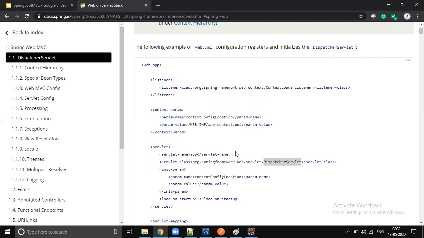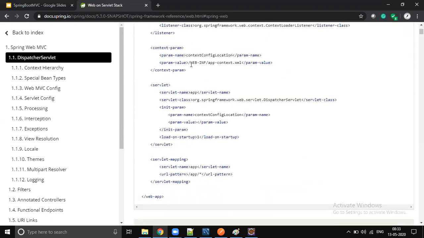But strictly speaking, whenever it is a plain web MVC application, the servlet is the dispatcher servlet. If you build something on top of that, then you go for context parameter configuration. Most of the time we don't do this. You will pass your XML configuration as part of the servlet init parameter only. So don't get confused. This is a little advanced, where you do multiple servlet configurations. But anyway, in microservices we don't do that. It's going to be the dispatcher servlet configuration only. Most probably in microservices and Spring Boot we don't do this configuration at all.